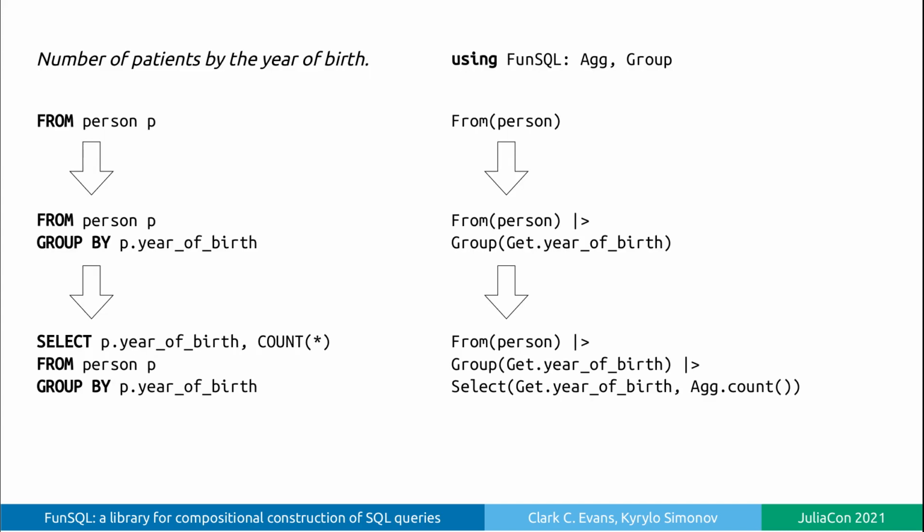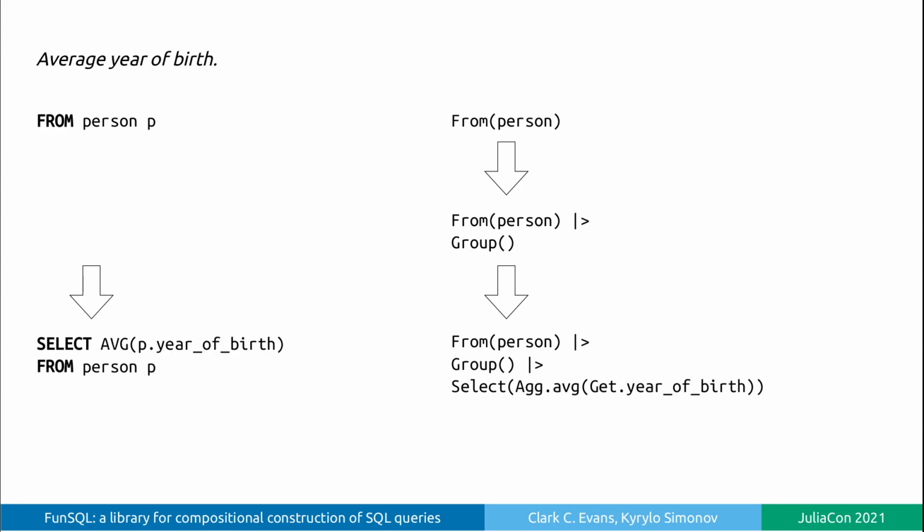In SQL, we use so-called aggregate functions to summarize data over a group of rows. First, we must apply the group by clause to partition the dataset into disjoint groups. Then we could use aggregate functions, which produce one value per group. In this example, we use count, which simply counts the number of rows in each group. As you can see, FunSQL notation for group constructor and aggregate functions reflect the SQL syntax. Note that in FunSQL, aggregate functions are separate from regular functions and have their own namespace object, agg.